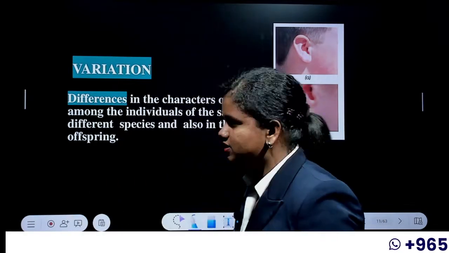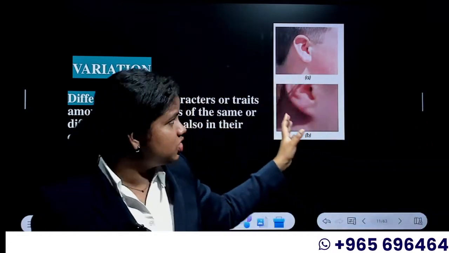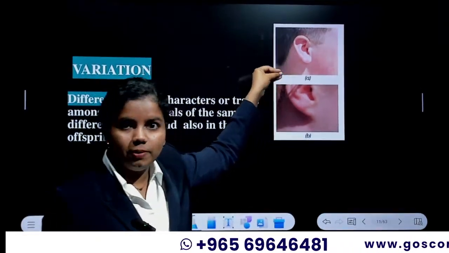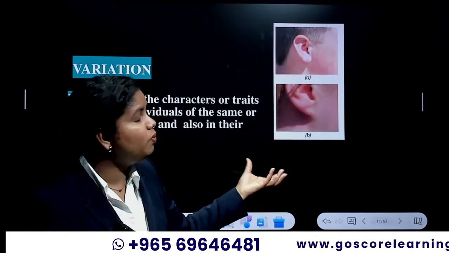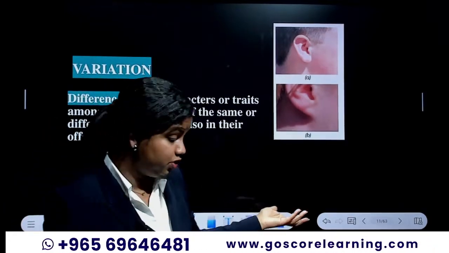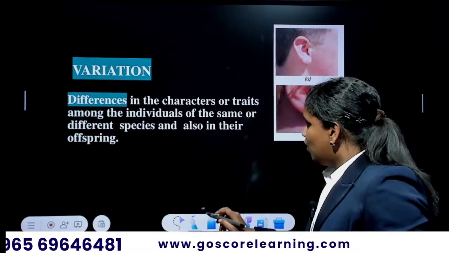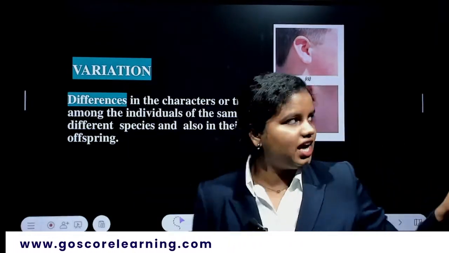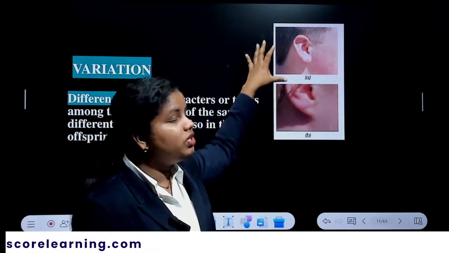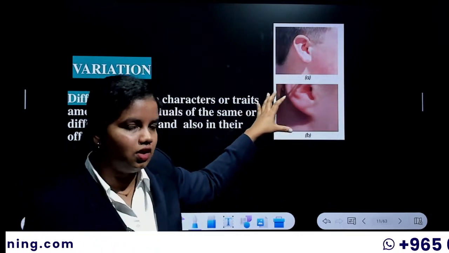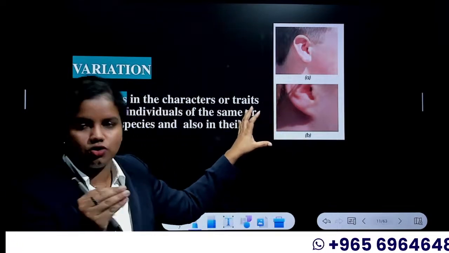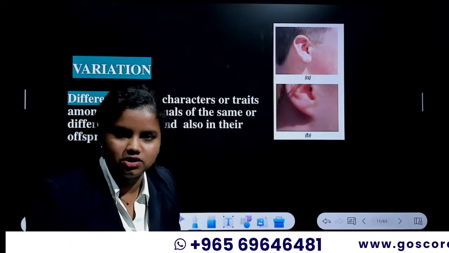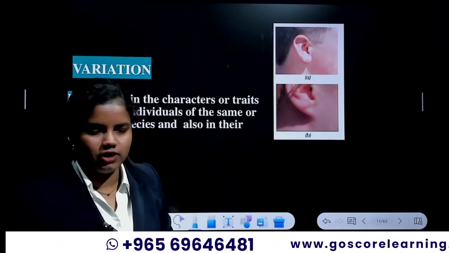So it's basically differences. And why have I put this particular picture in this slide? What is the use of it? This is exactly a picture I have copy pasted from your NCERT textbook, and you may get this diagram for your exam, if you are lucky enough. So what is this diagram depicting? What is it talking about? As you can see here, these are two different structures of earlobes. There are two types of earlobes in the human population. If you check the entire human population, it can have two types of earlobes.